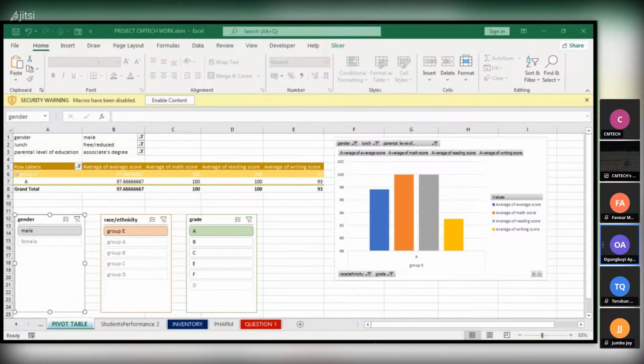And then the same thing I did for the maths, the reading, and the writing scores, because I wanted to get the average of each of them, and that is why you're seeing the average of each score on the pivot table. So in doing that, I also set the lunch as a filter. This is to see the performance difference